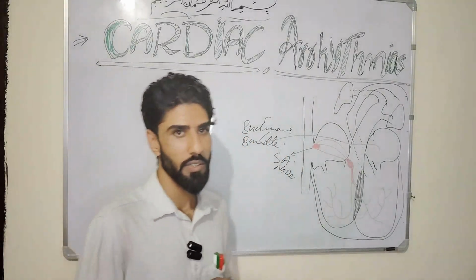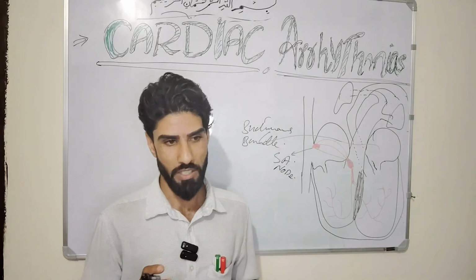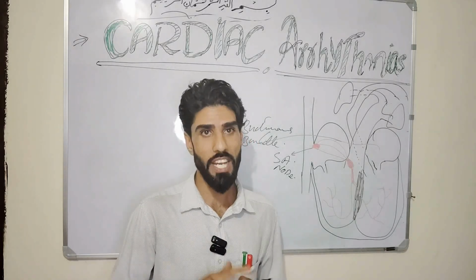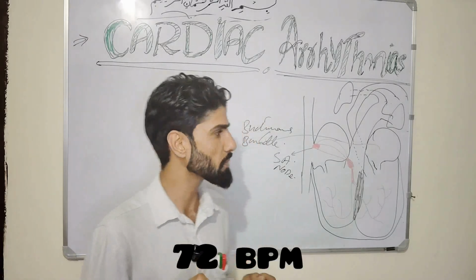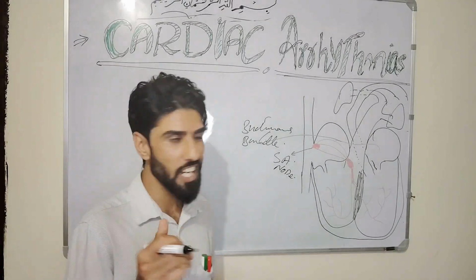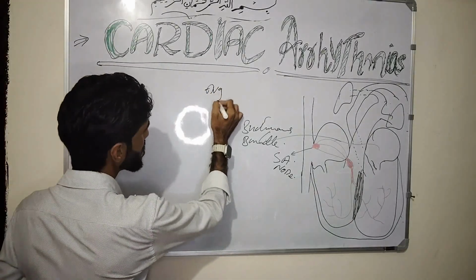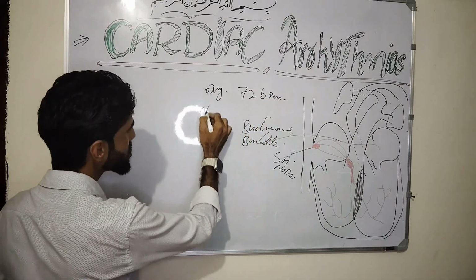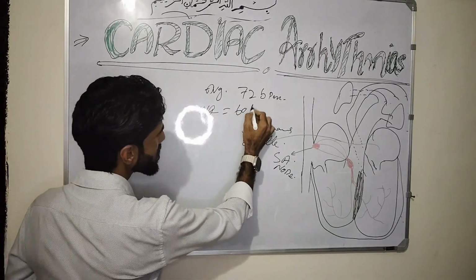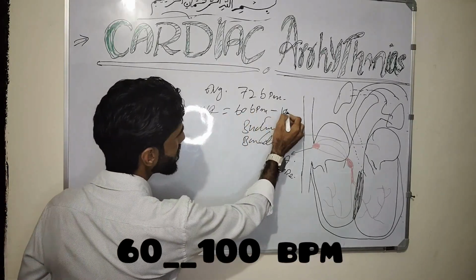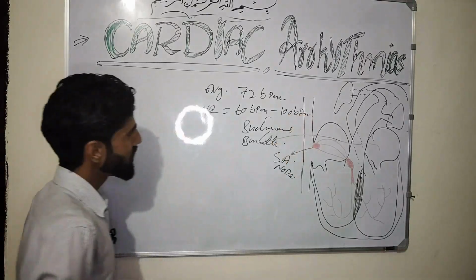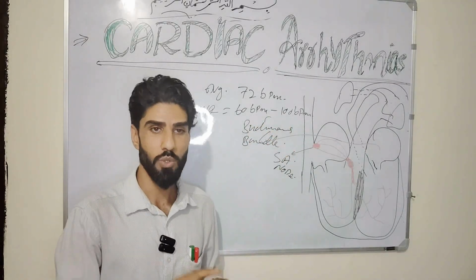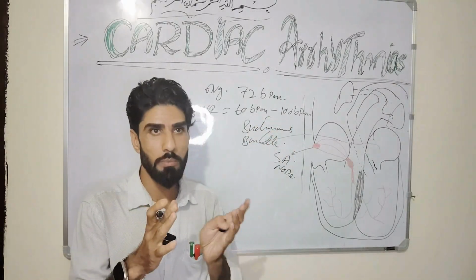First of all, we should know what a normal rhythm is, meaning how many times the heart beats per minute. The normal average is around 72 beats per minute, but the normal range is around 60 to 100 beats per minute. So, if the heart beats between 60 and 100 beats per minute, our heart is in